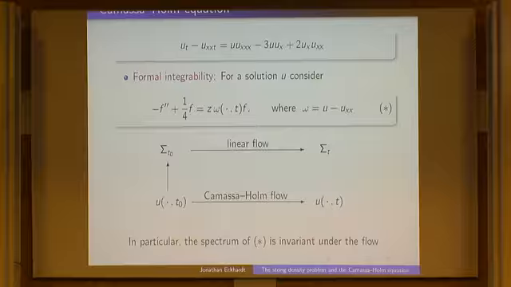Because if you're given initial data for the Camassa-Holm equation here, then you can compute the spectral data, then you can do this linear time evolution, and then in the end, you want to go back here from the spectral data to u, so you want to invert this arrow here, go down again. But this is the tricky part, because here you have to solve an inverse spectral problem.